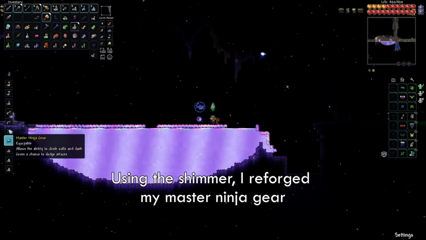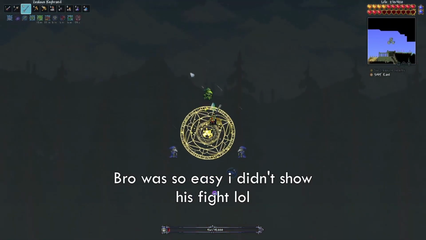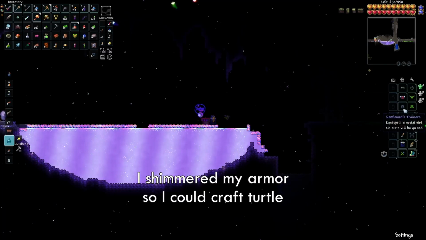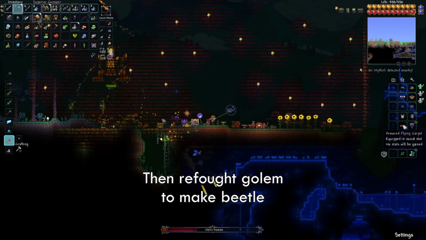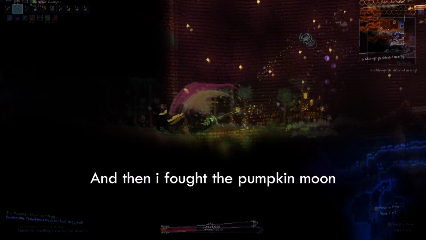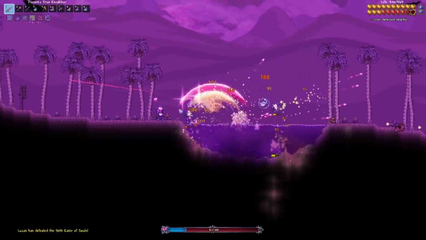Using the shimmer, I would reforge my Master Ninja gear before moving on to go fight the cultists and start the end of the game. And then I fought the pumpkin moon and got a horse support. I wasn't doing as well as I would have hoped, so I decided to go and take on the